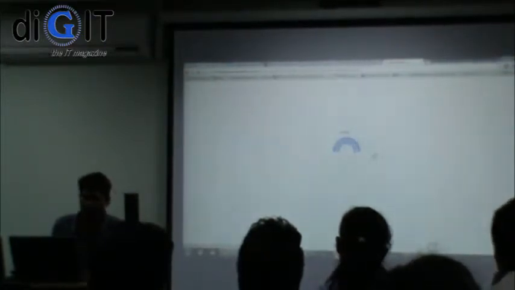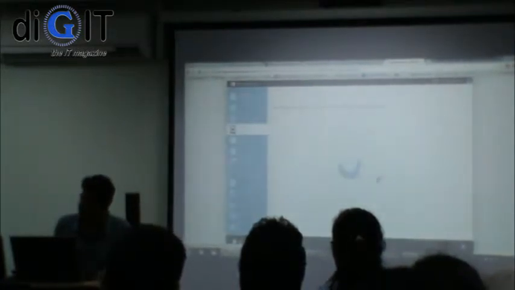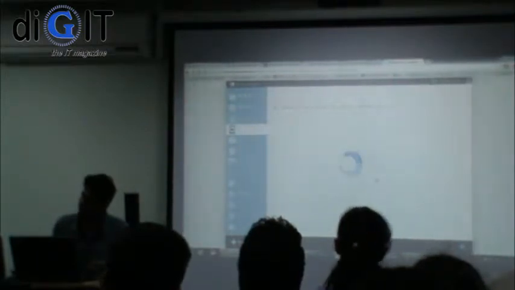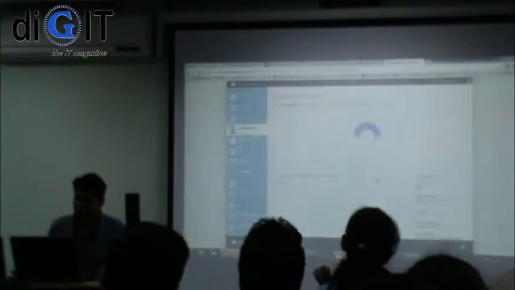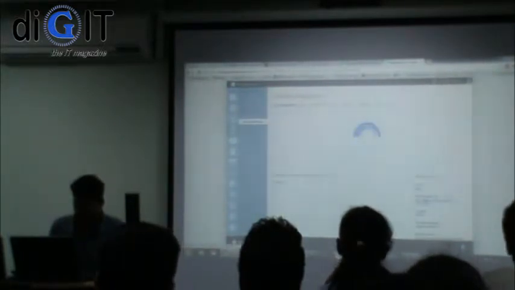It's the URL you were given. That's your endpoint. The other one is the app key. So this is your mobile service URL.